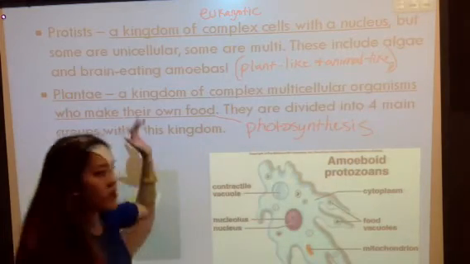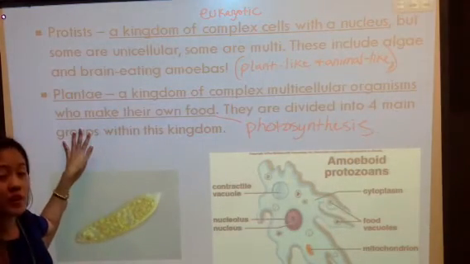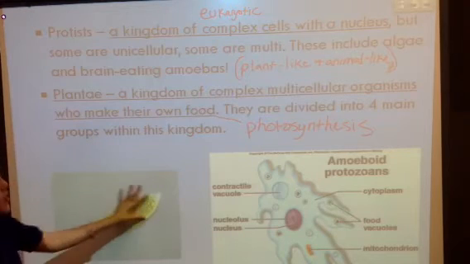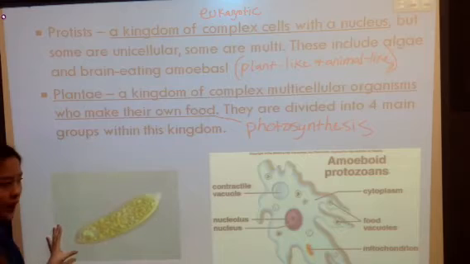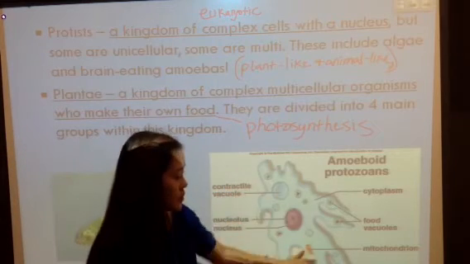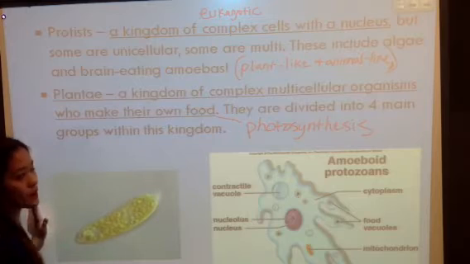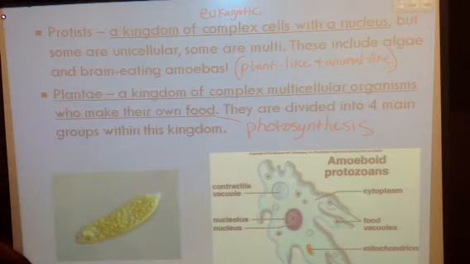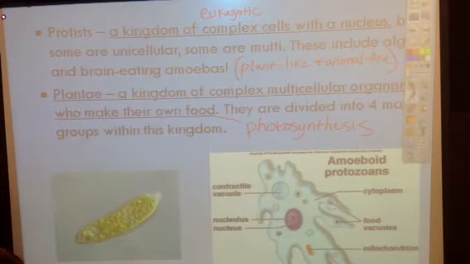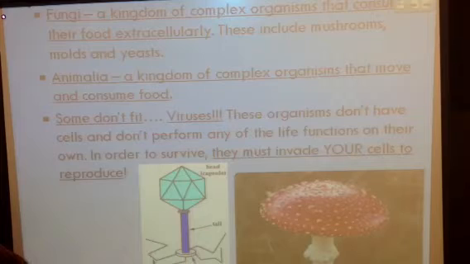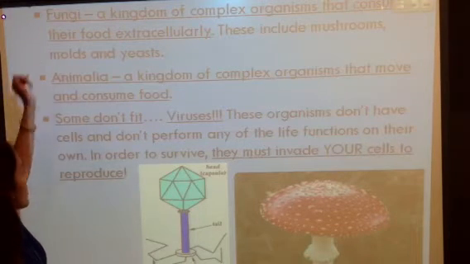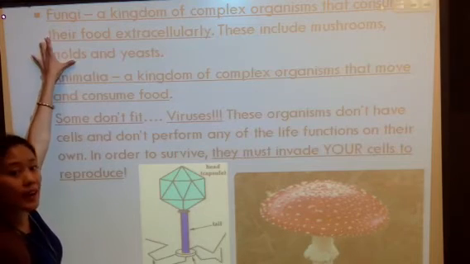Okay? So that's our fourth kingdom there with the plants. Some images of protists are down here. Here's a picture of an algae, okay? And here's a picture of an amoeba, so the animal-like and plant-like protist. And the last two kingdoms we have are going to be our fungi and